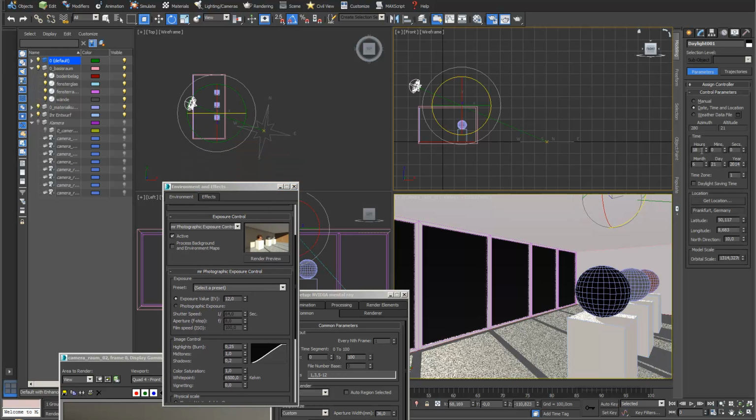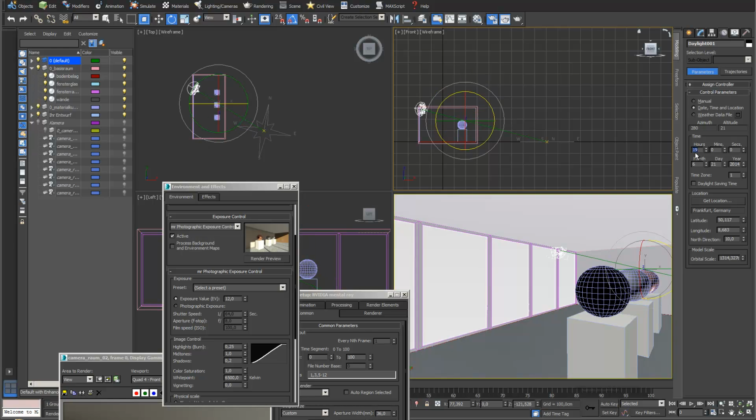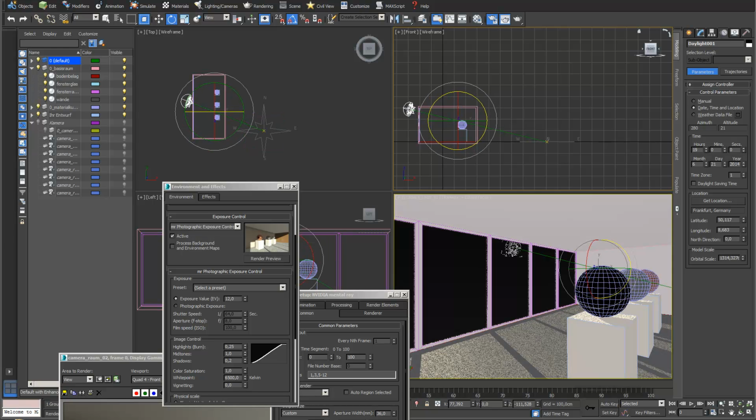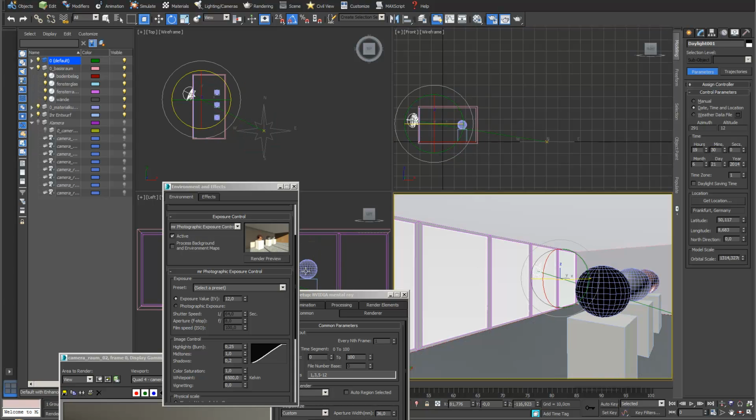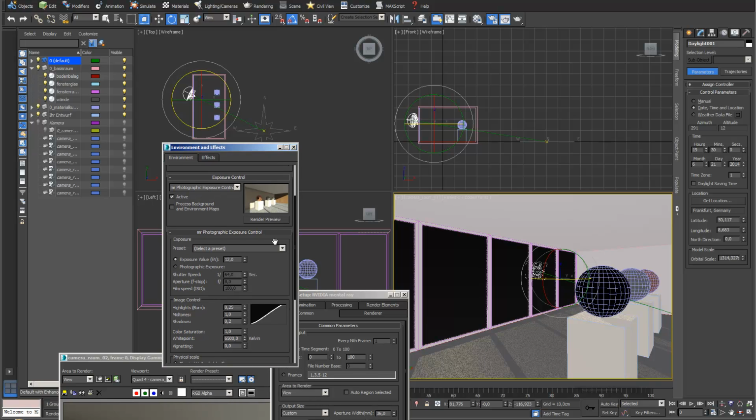I change my time so that it's slightly later, like 7 o'clock in the evening. And I can change my north direction again in a way that I can already see my daylight system in my window, probably again slightly later like this. And if I go into my render preview, which makes it much faster,